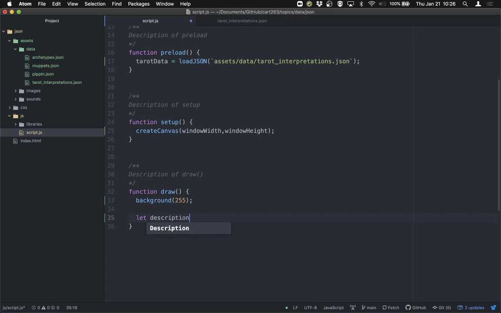So let description, this is where I'm going to store it. And that's going to have tarot data.description. Now, we don't need quote marks or anything around description. This is just a regular JavaScript object at this point. It's been loaded from the JSON data, which has those requirements in representing it. But once it's inside our program, it's just a JavaScript object with the same properties and values in it that the file had. So tarot data.description gives us that description property, the string inside of it, and then we can